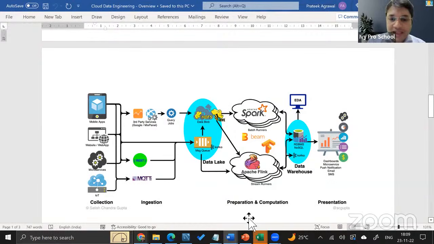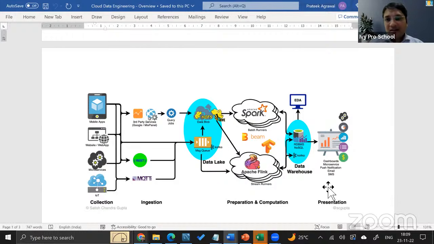And then from there, we start preparing, cleaning it, making sure that it is ready to be consumed by the machine learning engineers and the data scientists. And then from there, we can go for visualization on an app or maybe just a data dashboard. So this is what the entire data pipeline, as we call it, looks like.